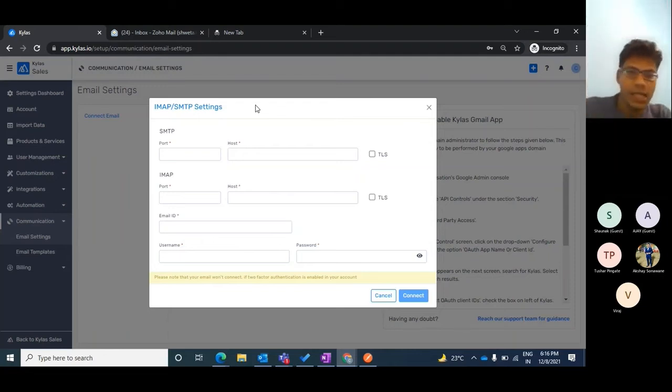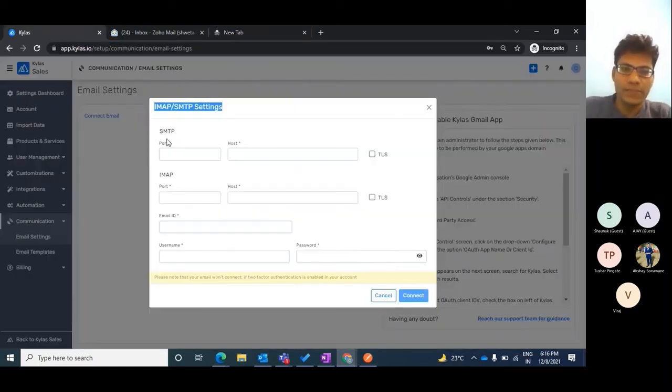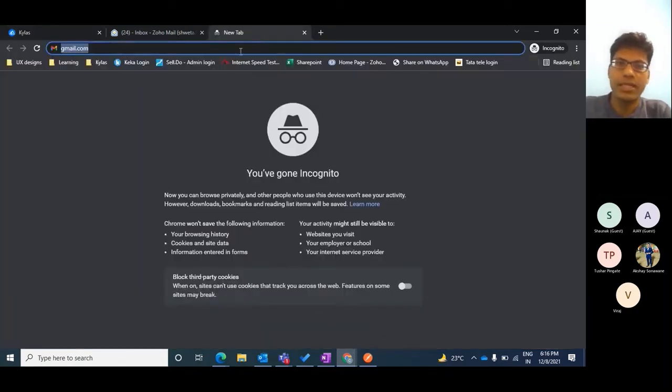Right. So in that case, we need a connection of IMAP or SMTP. I am going to take an example of Zoho email. I have a Zoho email account created with me that I will show you how I can connect. Before that, we need to search on the web what the SMTP and IMAP settings for Zoho are. That information is readily available to you on the internet.